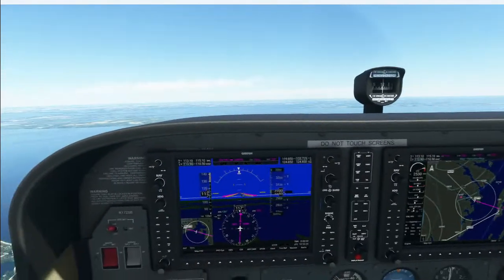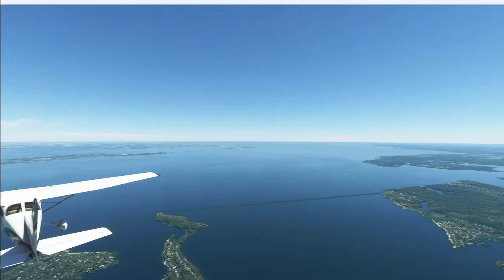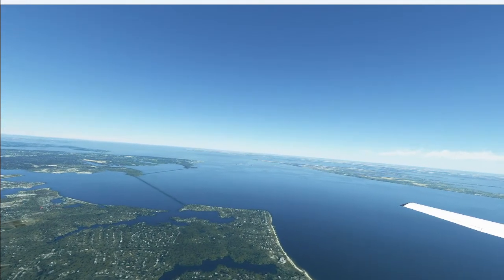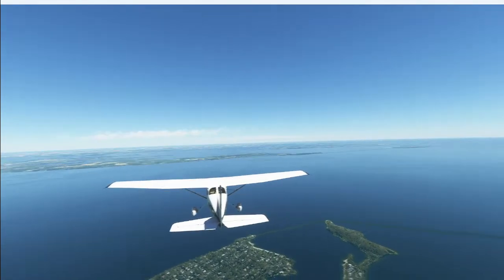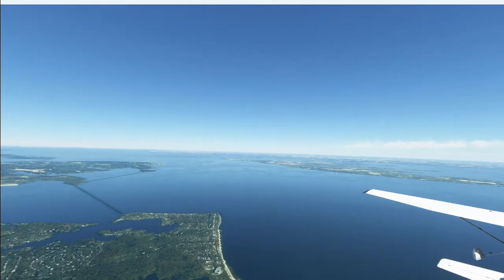Exterior view. And this is the area, the Washington, Potomac area. Washington, Annapolis, Baltimore area. Baltimore and